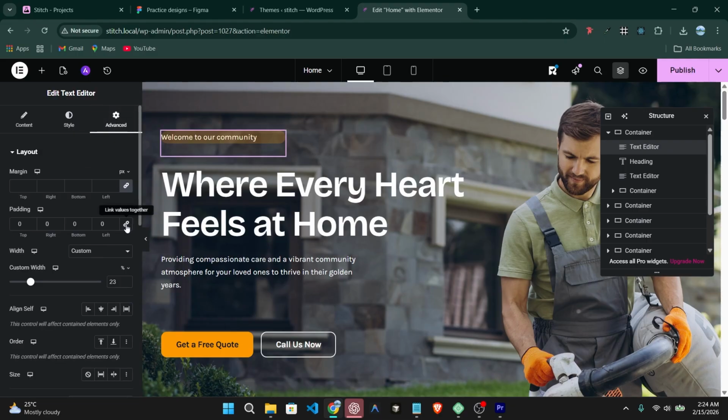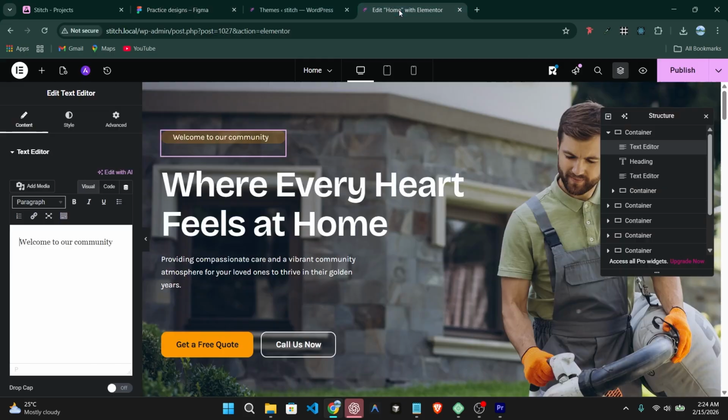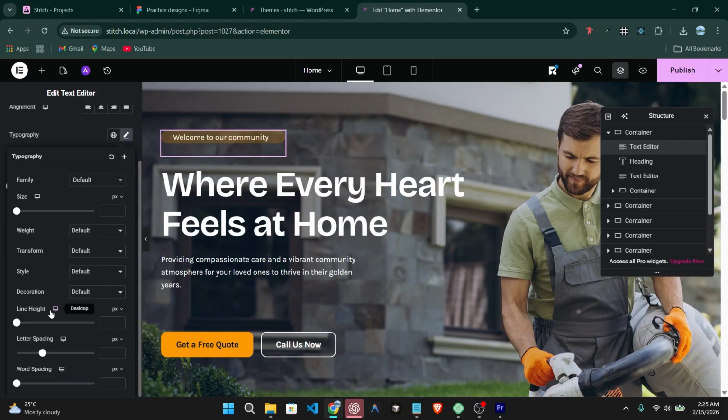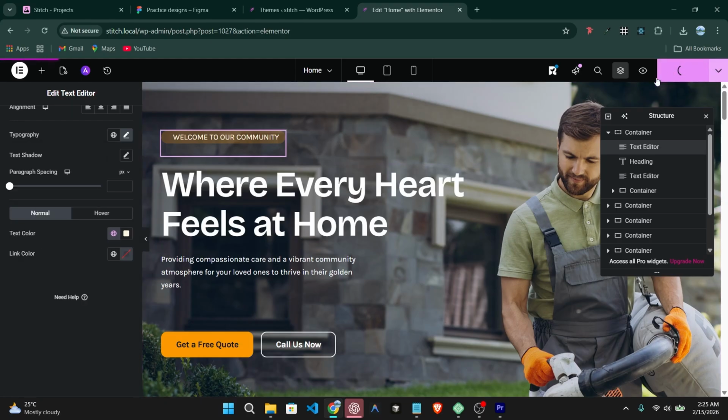So we can also give it margin and paddings. So I'm going to give it padding left of 25, to push it to the center. Okay, and the text is all caps, so we are going to go to typography, click on the edit and go to transform, and we are going to choose all caps, which is uppercase, and it has transformed our text to uppercase. And when we are done, we click on publish,